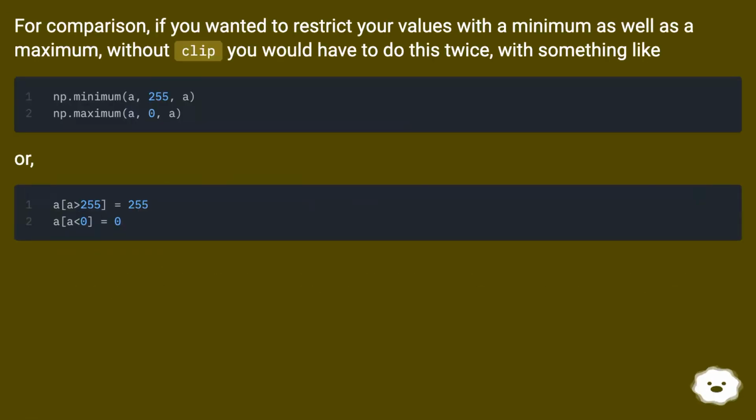For comparison, if you wanted to restrict your values with a minimum as well as a maximum, without clip you would have to do this twice, with something like